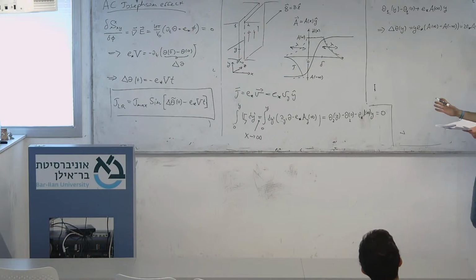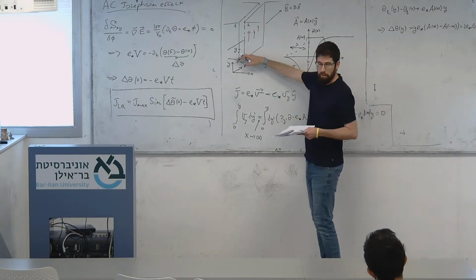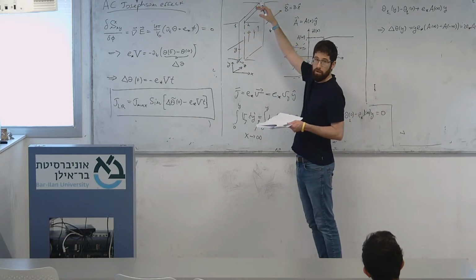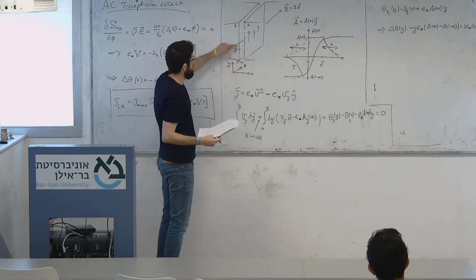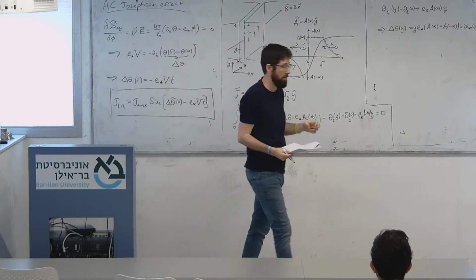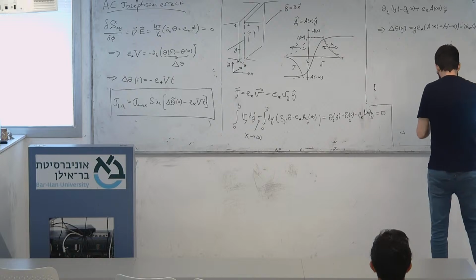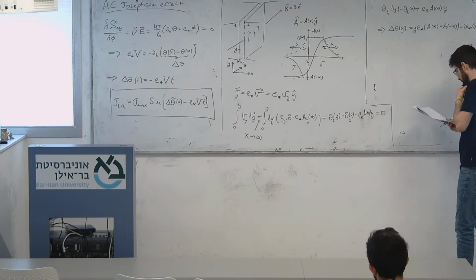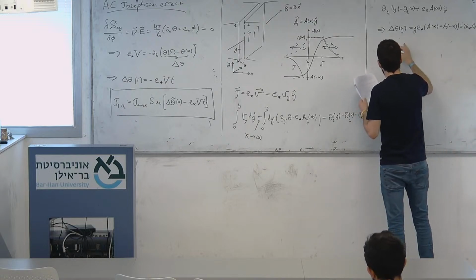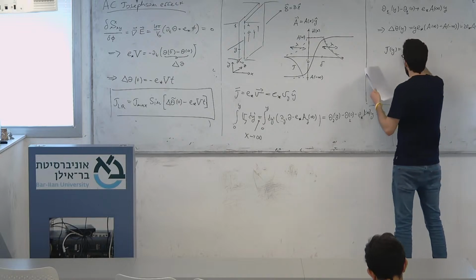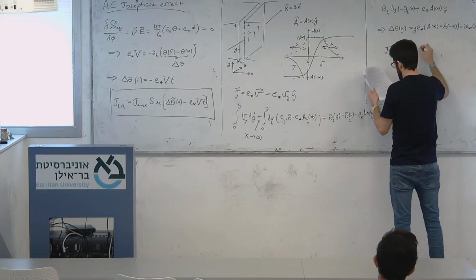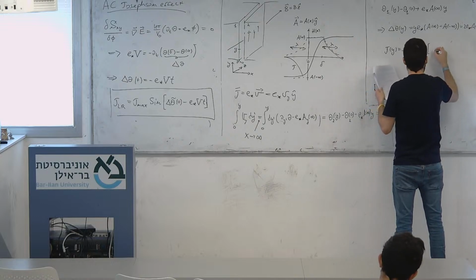So basically what it's telling me is that locally, the phase difference across the boundary is now changing as a function of y. So the phase difference here, and here, and here, and here are different because of this magnetic field. That's what the magnetic field is doing. So we get that locally J of y, this is the current, is E star rho naught over m delta sine of